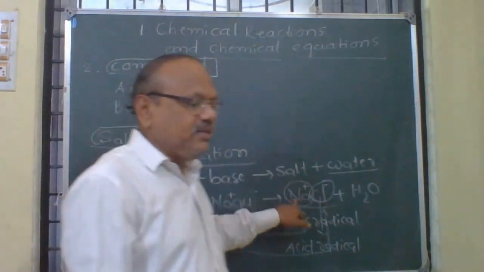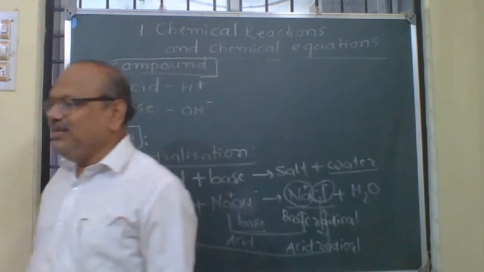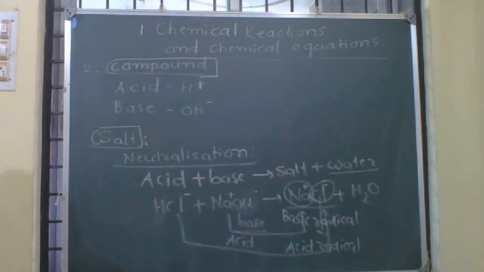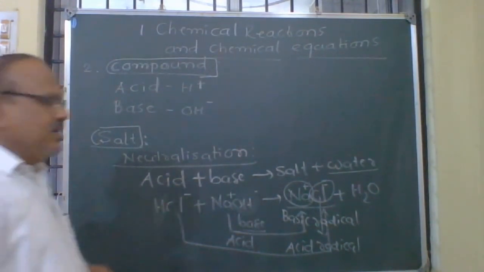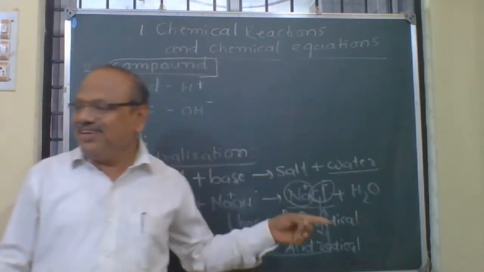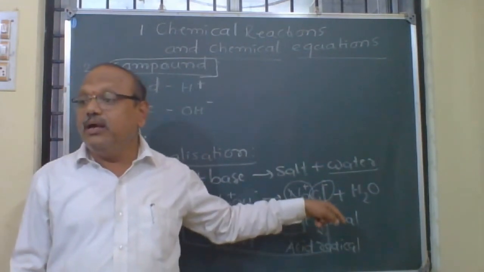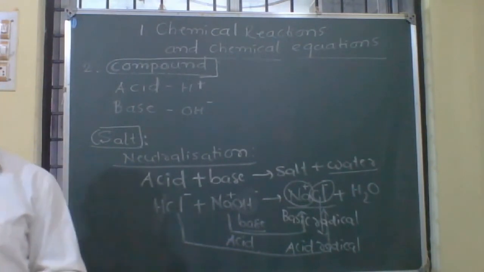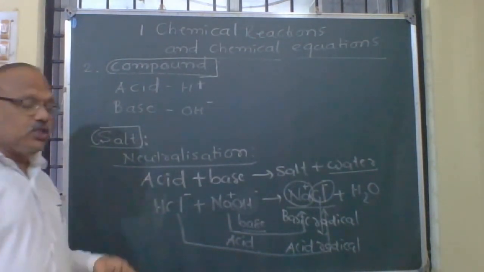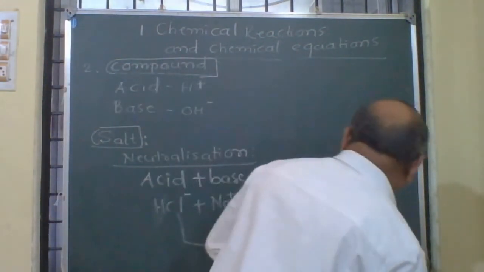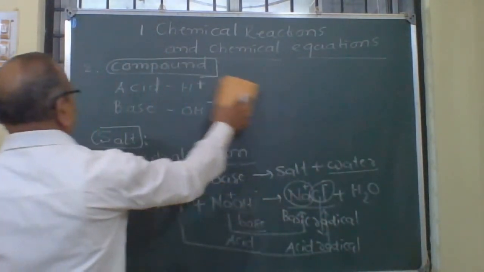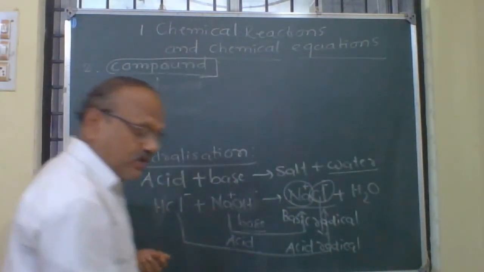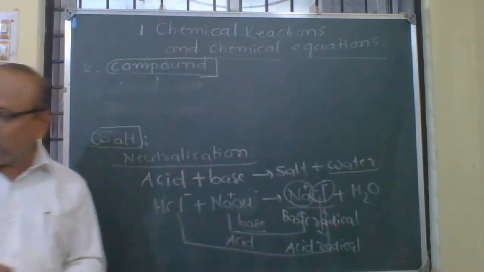Take out the radical list. Basic or electropositive radicals, and negative or acidic or electronegative radicals, two lists. So these are positive radicals. What do you mean by radicals? Let us take that definition before we continue with more. We can define before that what a salt is. Let us define first and continue.